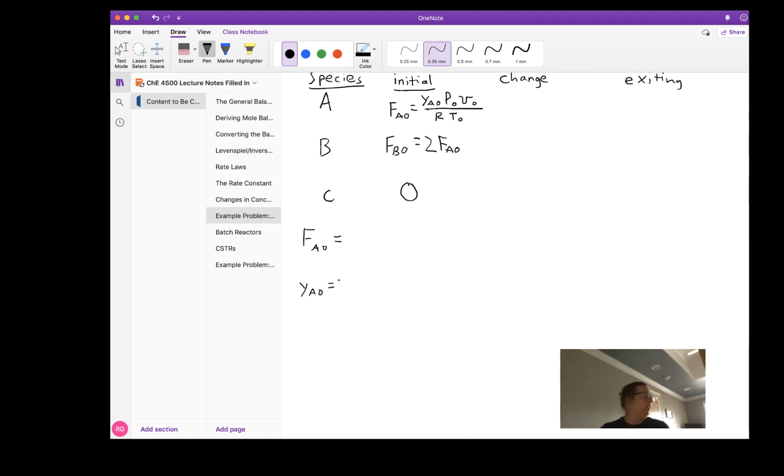So we've said that the feed to this reactor is stoichiometric in A and B, and we've said that the reaction stoichiometry is 2 moles of B for every 1 mole of A. That means that the initial mole fraction of A should be 1/3. So I get that by saying 1 mole of A divided by 1 mole of A plus 2 moles of B is equal to 1/3. So if I insert that into my equation,